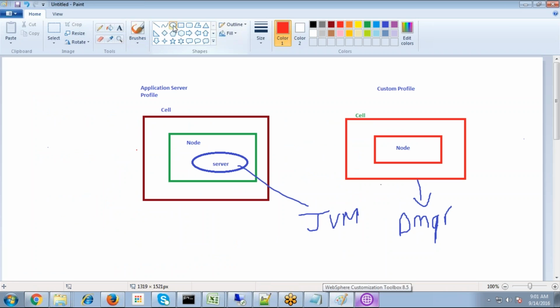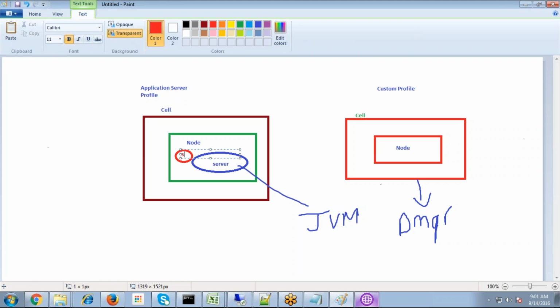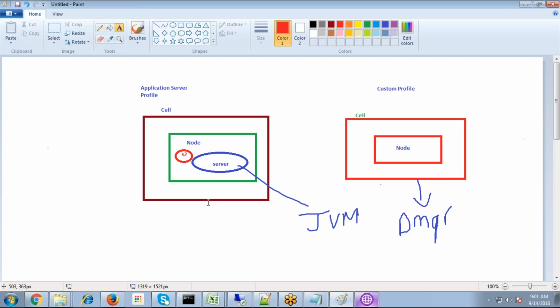See, here it has one more server, let's say S2. So how many servers do we have within the application server? 2, right? Either server 1 or server 2. So when you create the cluster environment, it will take either this one or this one, any one of these. If you have the same set of environment,